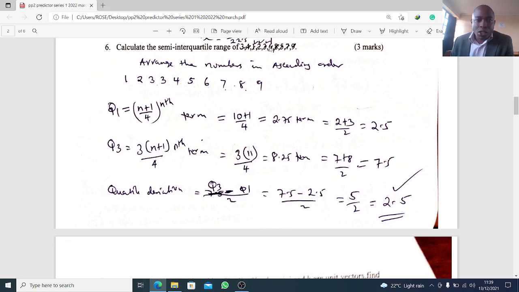So if I arrange these numbers from the smallest to the largest, I start with 1, 2, 3, then there's another 3 here. So 4, then we go to 5, 6, 7, 8, and 9. So after arranging all the numbers in ascending order,